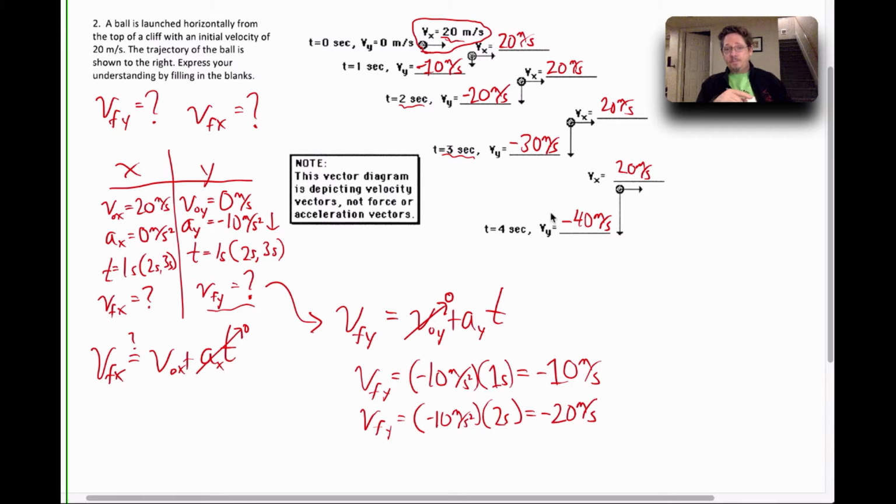Okay, now I need to add one other piece because sometimes we'll just ask what the v final x and v final y is, but sometimes we'll ask you for a v final that is the combination. I mean, we can say, oh yeah, it's moving 20 meters per second sideways and 40 meters per second down. Yes, but how fast is that? Because it's faster than 20 and it's faster than 40. So if I want to figure out my total v final, not just the y or the x, but the combined v final,